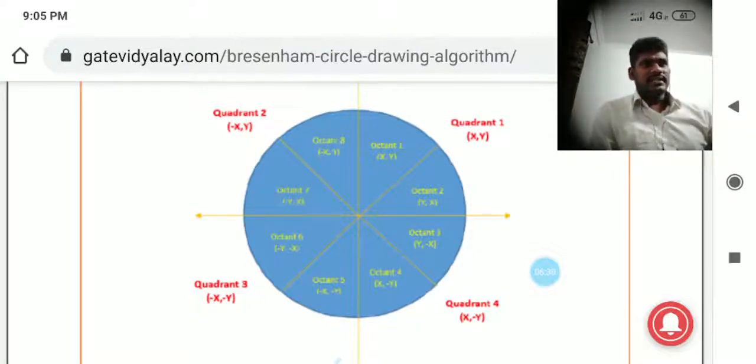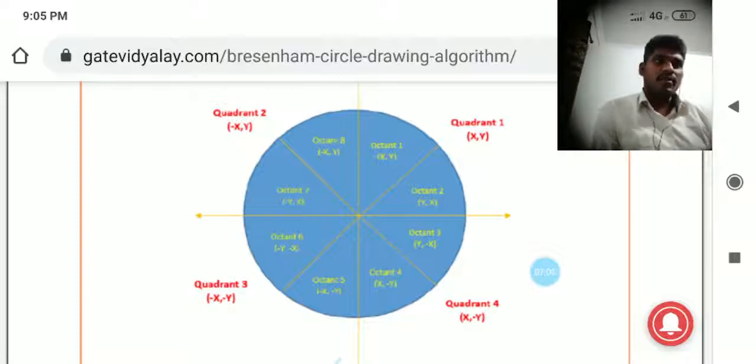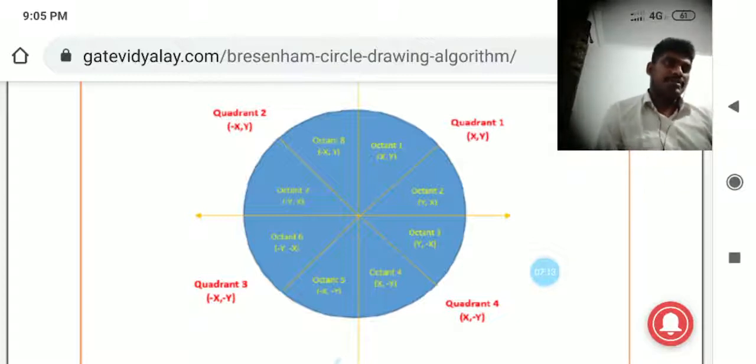When you draw a circle, you are selecting pixels. That pixel's visibility is very high, and only then can we see color on that monitor and identify the shape of the object. So selecting the pixel is the matter. How do we select the pixels in a round way? It is selected based on the algorithm: what pixel we have to select, and where, the position. For that we follow a procedure, an algorithm called Bresenham's algorithm. So look here.